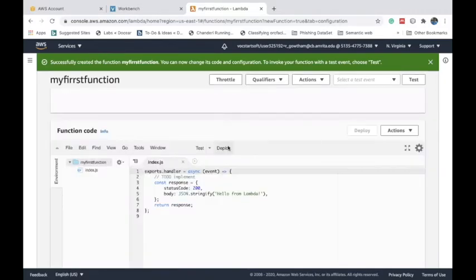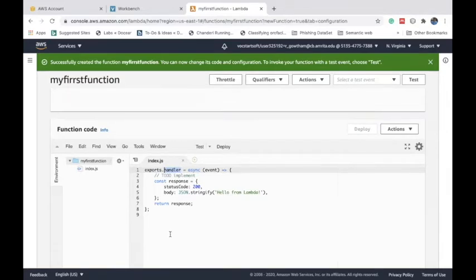In this particular environment, you get a default Lambda function. The structure of the Lambda function we also discussed in the last session. Exports dot handler of the Lambda function, followed by the entire function. Usually this function will be written in the default file index.js. I'm not going to change anything in this program. Let it be the same program, and I want to test whether this program is working properly or not.